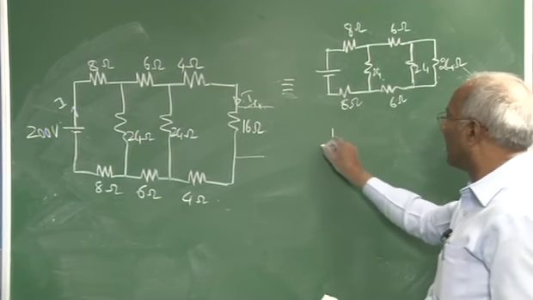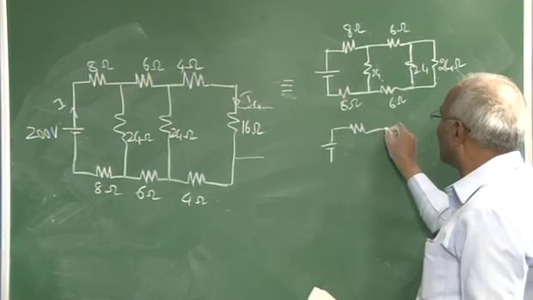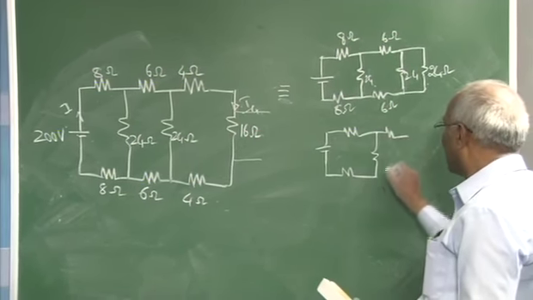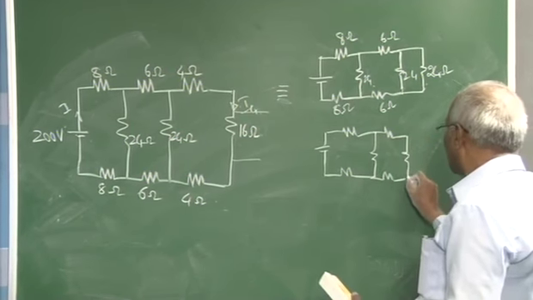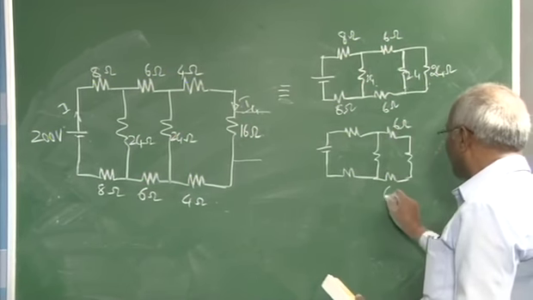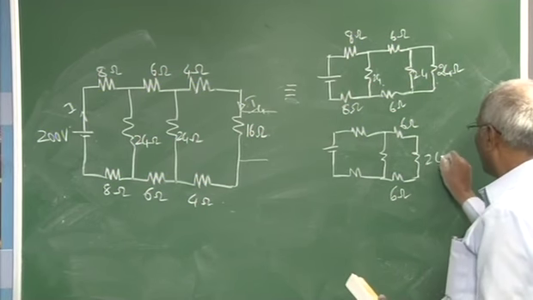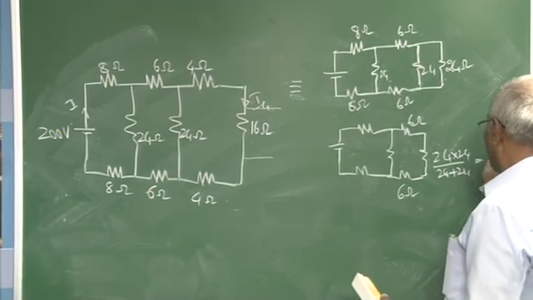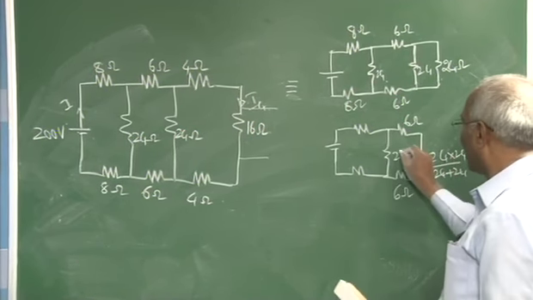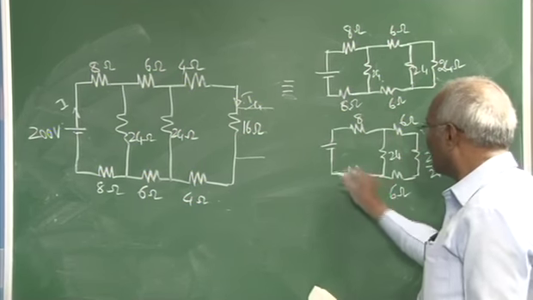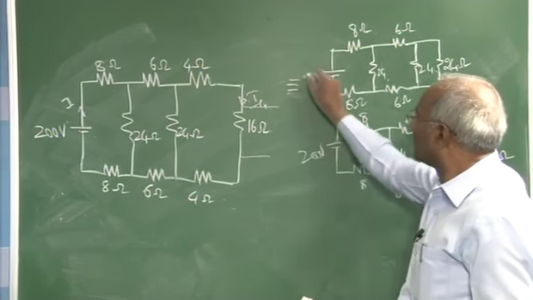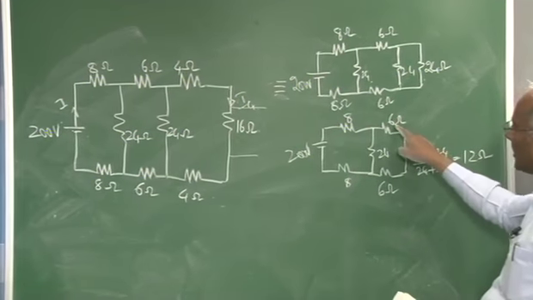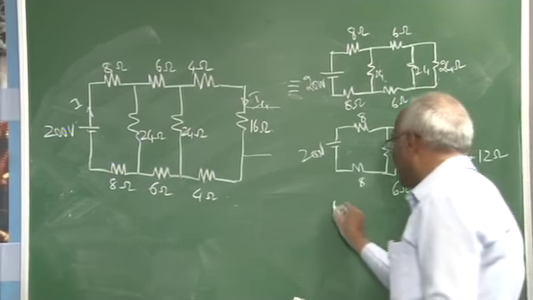Since these two are in parallel, when it comes to the network reduction method, the next circuit will be this. This is 6 ohm, this will be 24 into 24 divided by 24 plus 24, that comes to 12 ohm. This is 24, this is 8, this is 200 volts. Now this 12 ohm is in series with these two 6, that works out to